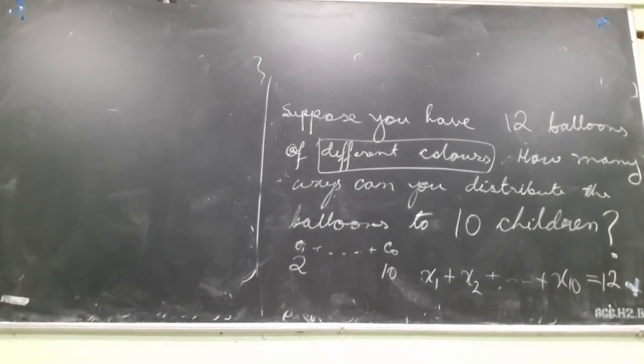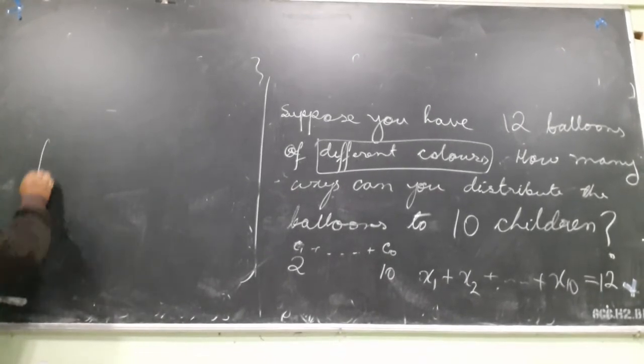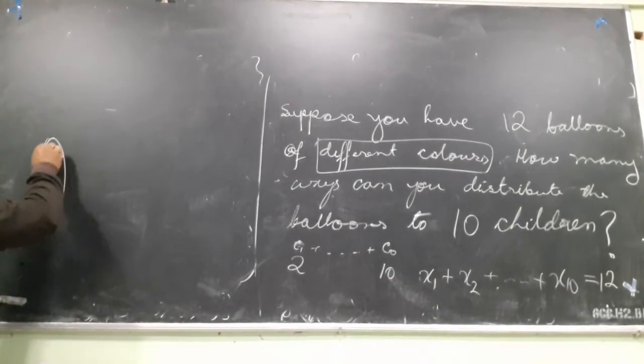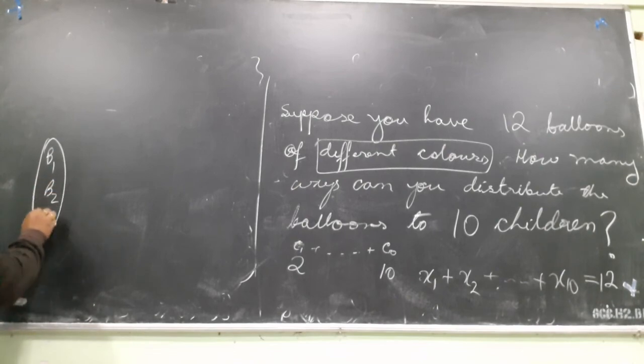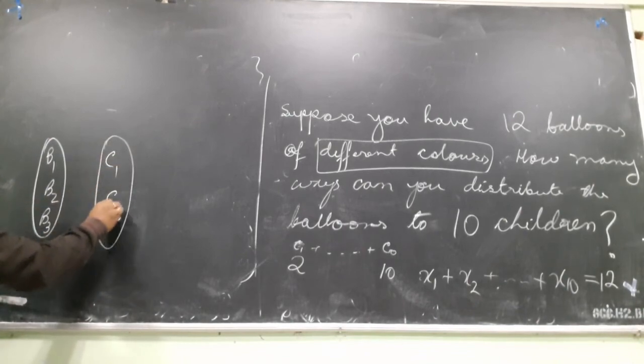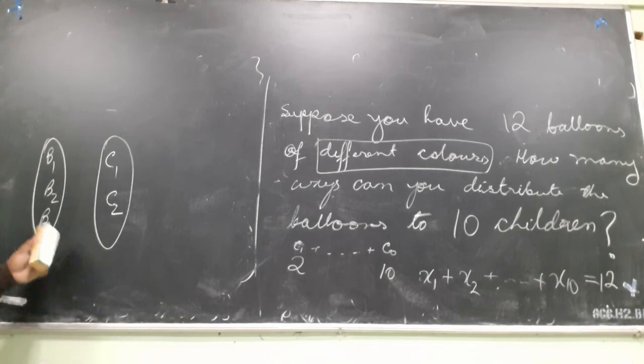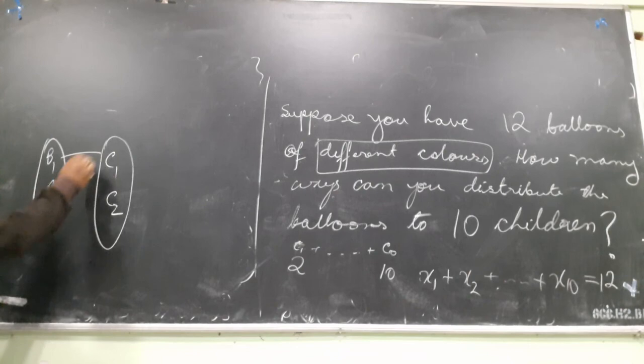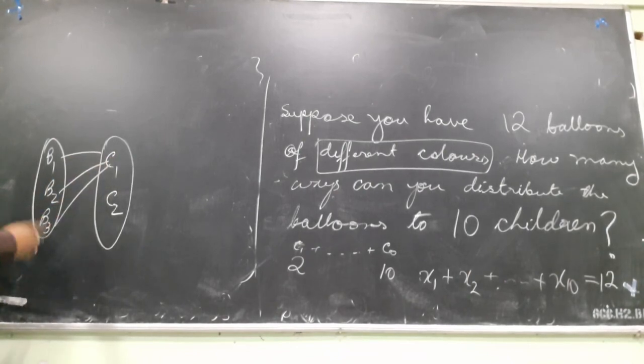5:27. So in that case, suppose my question is, suppose I have 3 balloons here, and I want to distribute them to, suppose, 2 children, so that each child gets at least one balloon. Okay. So is this a distribution in that case? No. This distribution is false. Not correct, not allowed. Because I am giving every balloon to the first child. This child is not getting any.